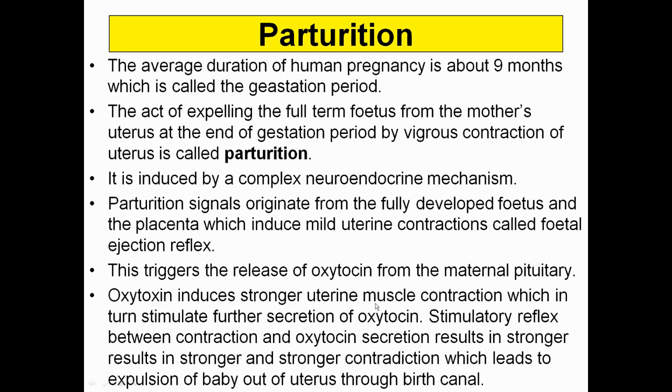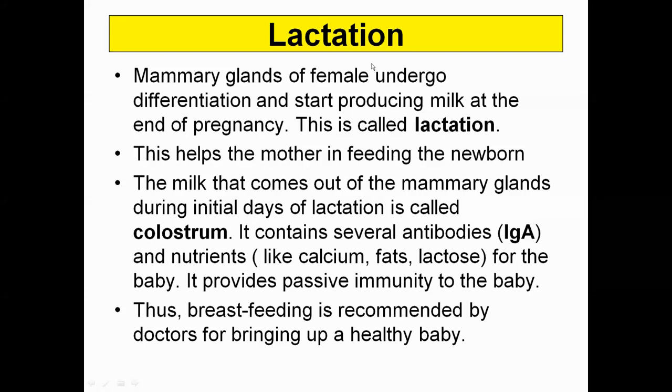This triggers the release of oxytocin from the maternal pituitary, and oxytocin is going to induce stronger and more rigorous muscle contraction, and ultimately lead to the delivery of the baby through the birth canal. Now comes lactation. Lactation is done by the mammary glands in the female, which produce milk after the pregnancy. It is going to nourish the young one,